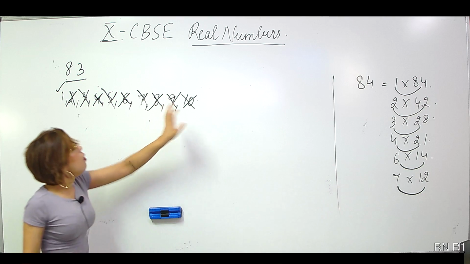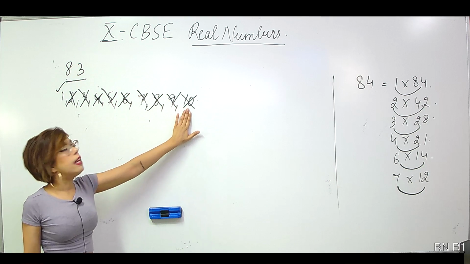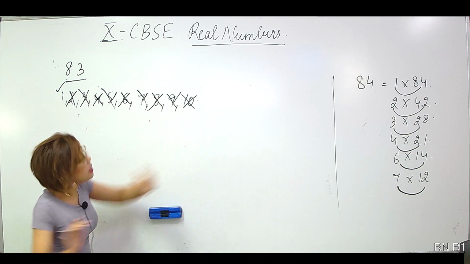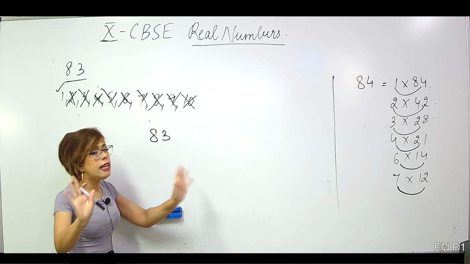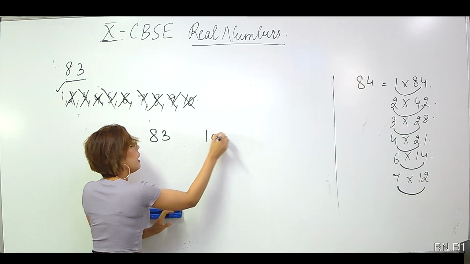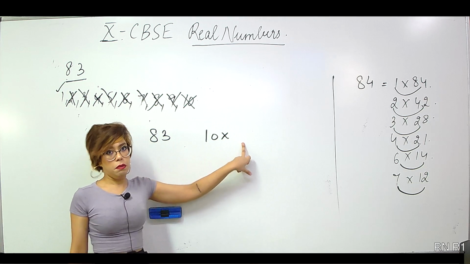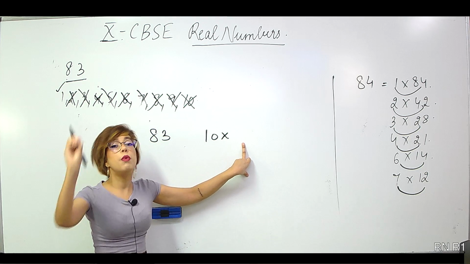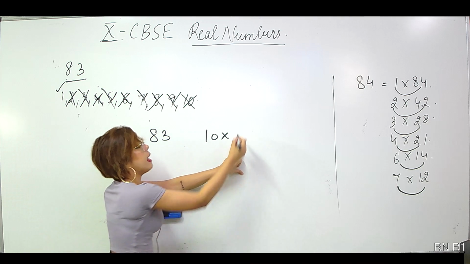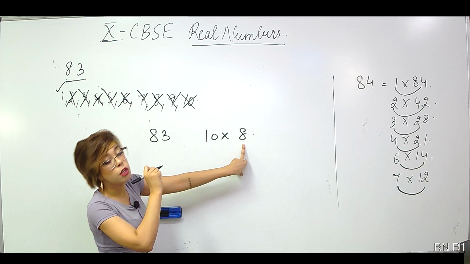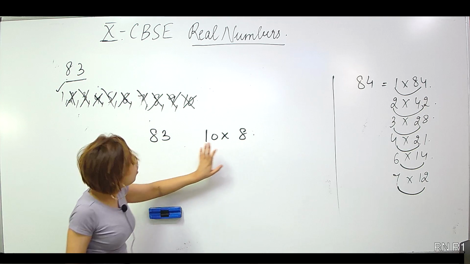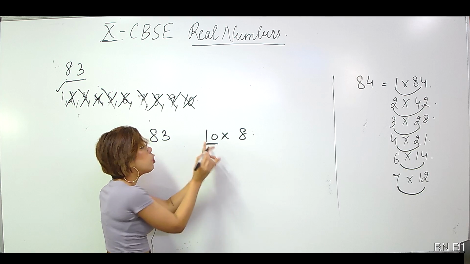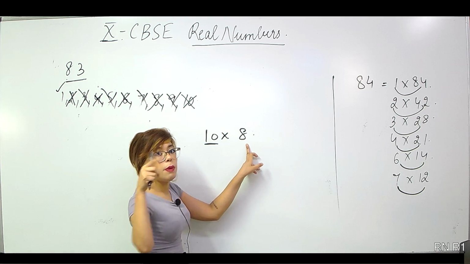Let's see. Now, I know that 83 is not divisible by 10. I know that. But we can't even imagine it, but let's just try to imagine. So 10 into the corresponding factor, if it would have existed, it would be like 8 point something. In fact, 8.3 to be more exact, but you get my point, right? 8 point something. Now, notice if 10 is the factor, the corresponding factor